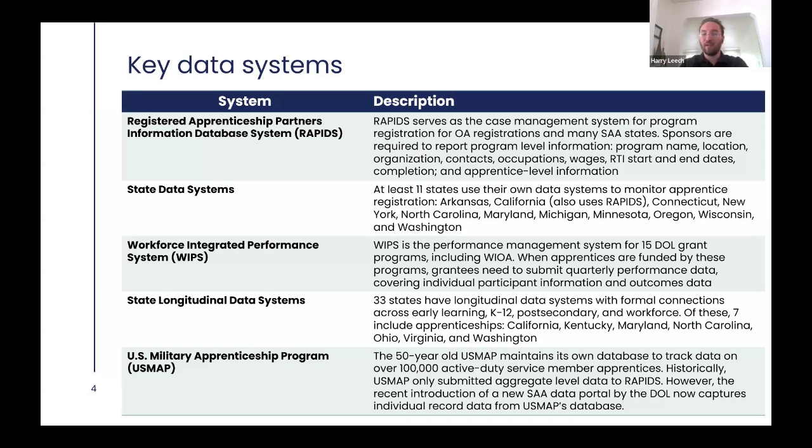We also looked at the states that have developed their own systems for apprenticeships. That's at least 11 states, and also DC, that have their own apprenticeship data systems. The report looks at why states do this, why they're choosing to develop their own system and not use RAPIDS, and what they can do differently. We've got David Polk from Wisconsin on our panel later, who's going to talk about this from his perspective.